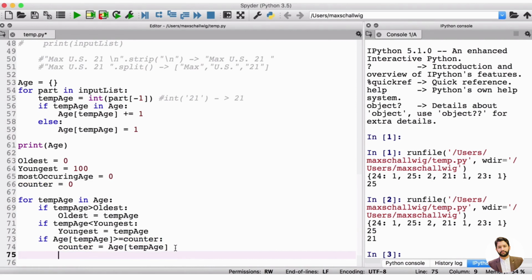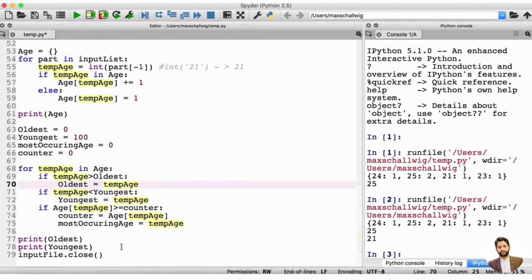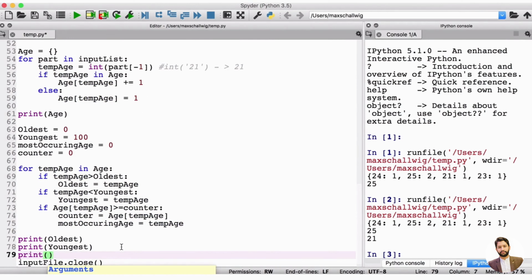We're going to make the most occurring age equal to the temp age. The temp age is just the key. And so our counter is going to be the value corresponding to the key, or the age. And our most occurring age is going to be the age corresponding to the biggest value, or the biggest participant count. So let's also print out, and maybe let's do a little bit more fancy printing here,